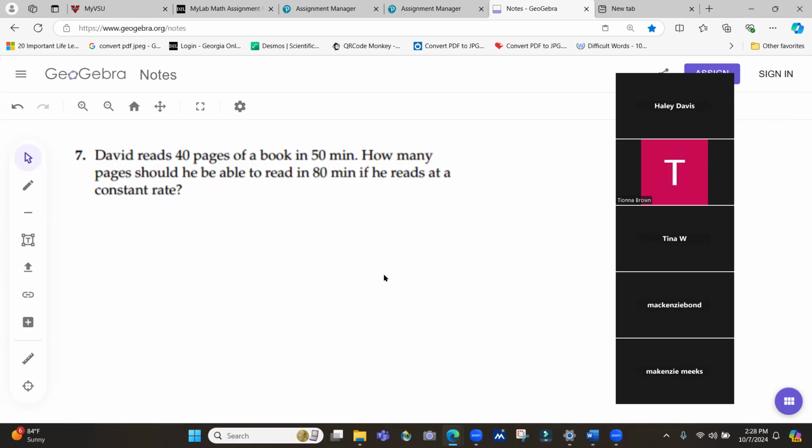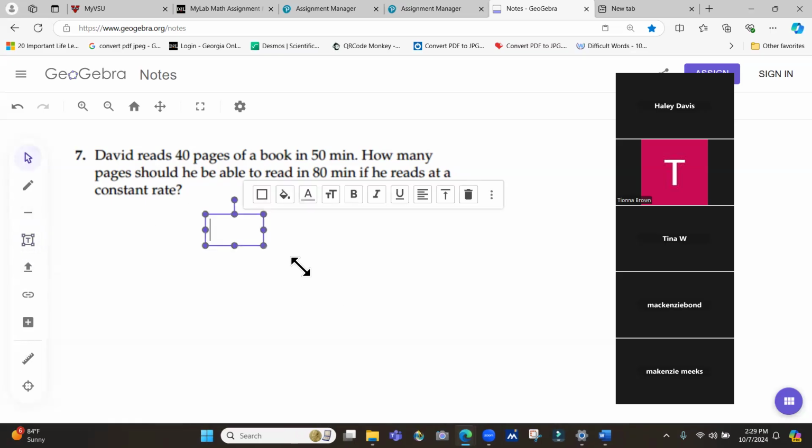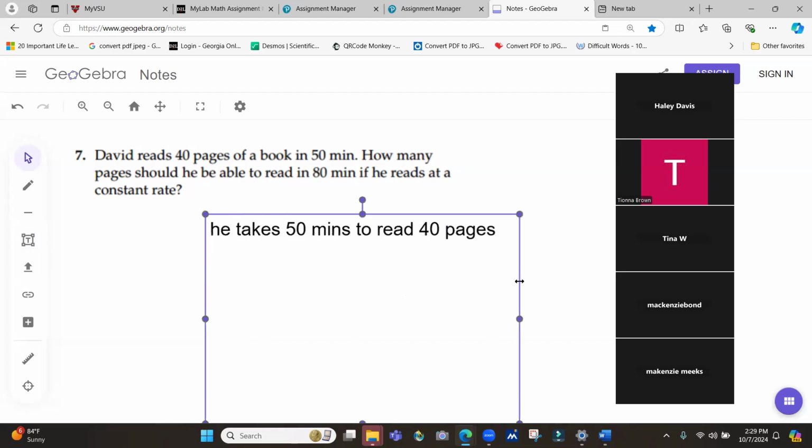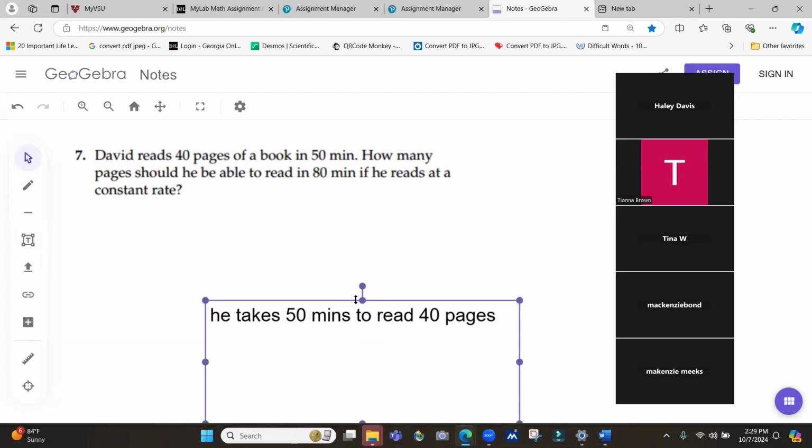So, the way I see it, if I can find out how many pages he can read in 1 minute, I'll be in good shape. I always take advantage of one. If he takes 50 minutes to read 40 pages, let's write it down. He takes 50 minutes to read 40 pages. So he will take,